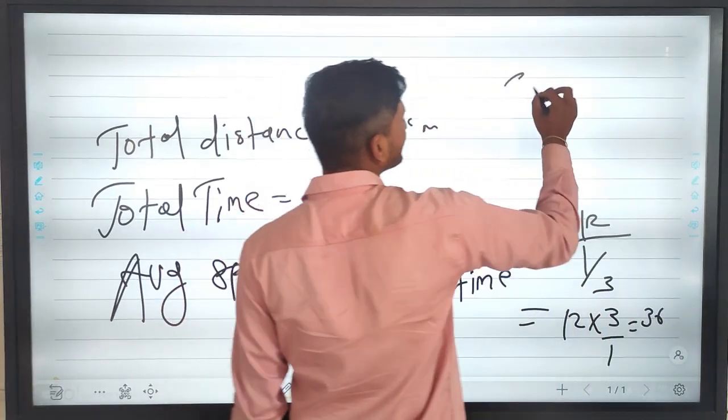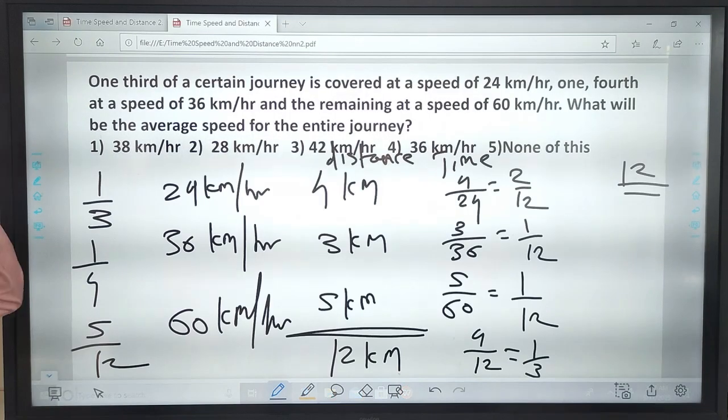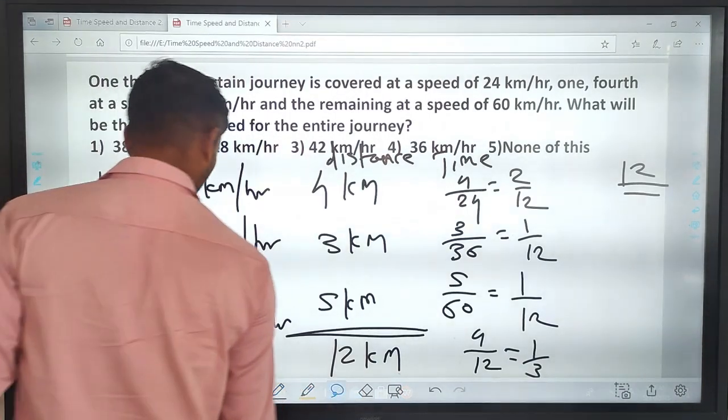Now here your answer is 36 km per hour. Now next question is